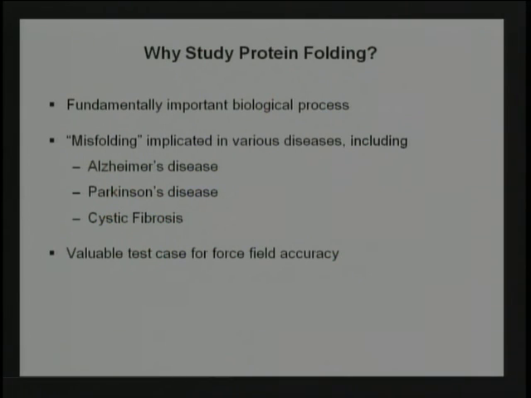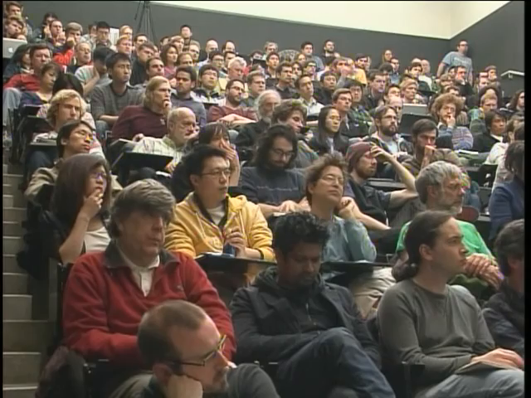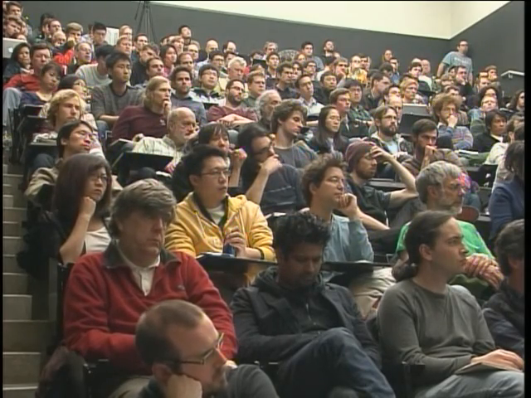So first let me say something about protein folding. It actually is involved in various disease processes like Alzheimer's disease and Parkinson's, cystic fibrosis. And these are diseases that involve misfolding, where instead of folding into the correct structure, what they can do is move into a different structure long enough to aggregate together and form a big clump. And even though in Alzheimer's disease we actually don't know exactly what's going on, we know this is characteristic. And I could go through the others, but there are diseases related to the folding process and to misfolding.